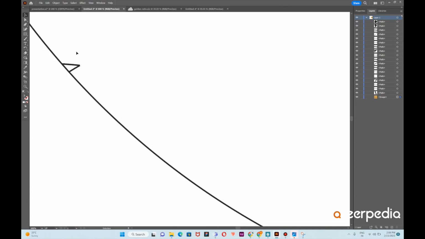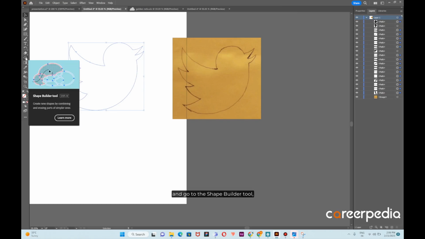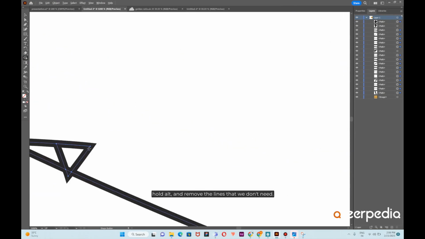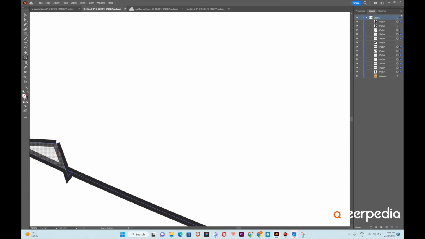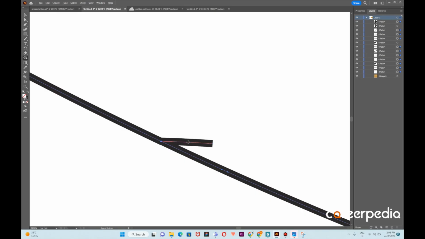So select it and go to the shape builder tool, hold alt and remove the lines that we don't need. Alt,